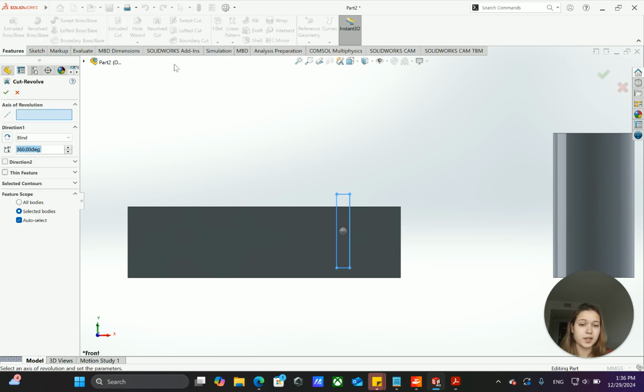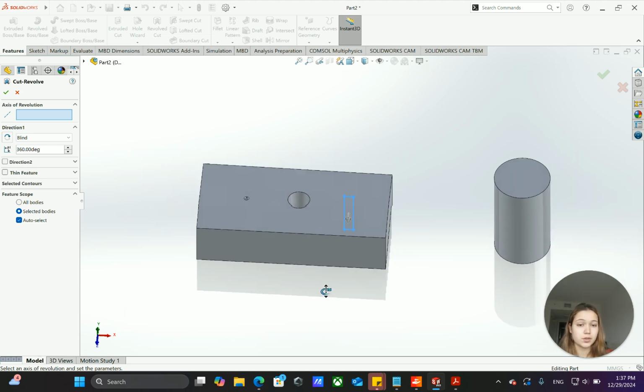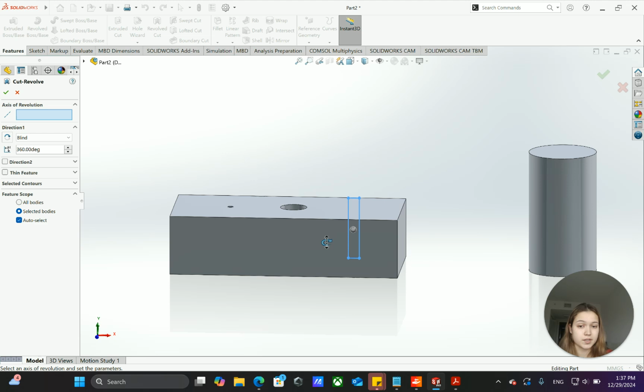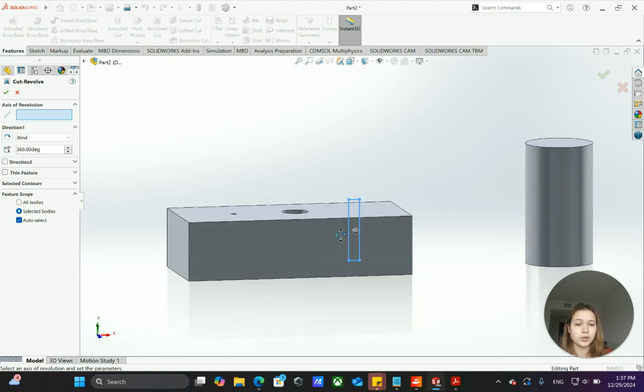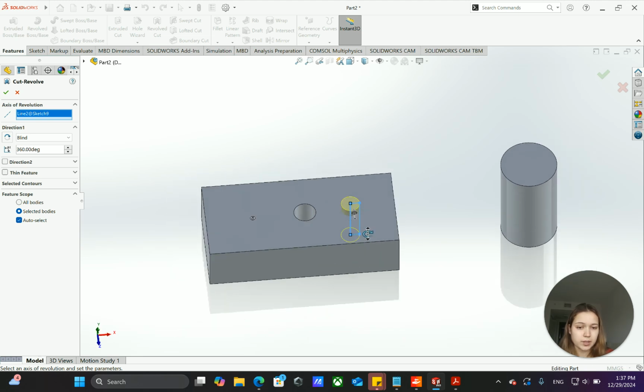And make sure your cut is going through an object. So let's say if I wanted to make my cut inside of this, the software is going to give me an error because there is nothing there to cut. So make sure there is solid body wherever you're trying to cut. So just the same as an extrusion, I'm going to select my axis of revolution. Again, you can do it this way, this way, this way, anything you want. I want it to be like this,